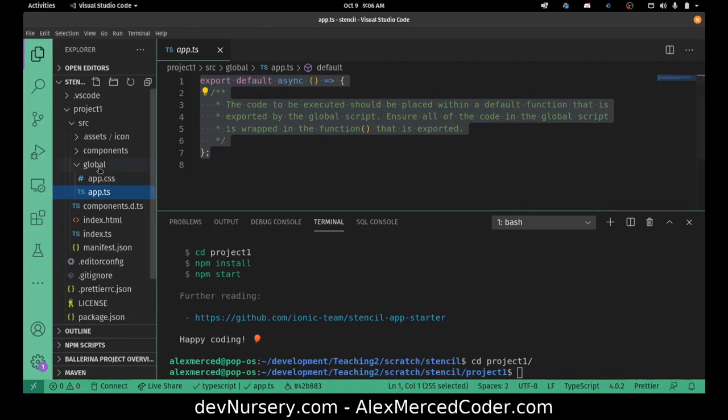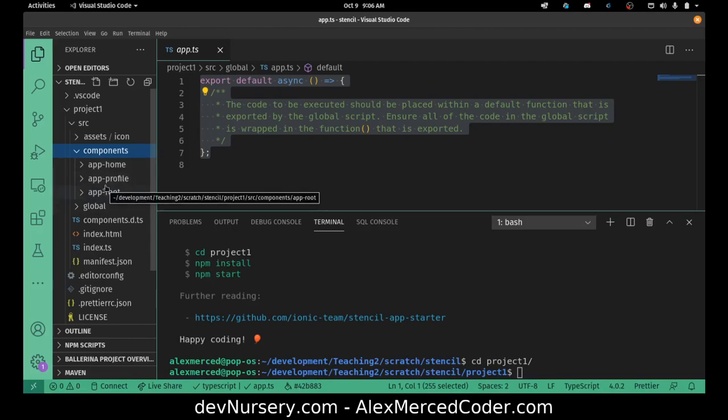So that's that. Components. And this is where all your components will live. Okay, the entry point for your application is going to be this app root component. And notice everything has a dash in front of it because this does use the web component spec a bit. So it means that these web components,